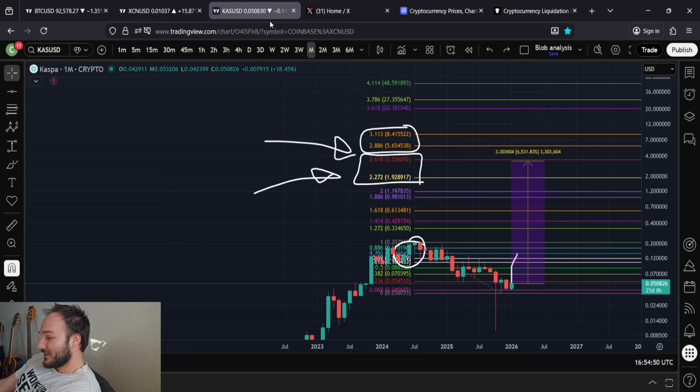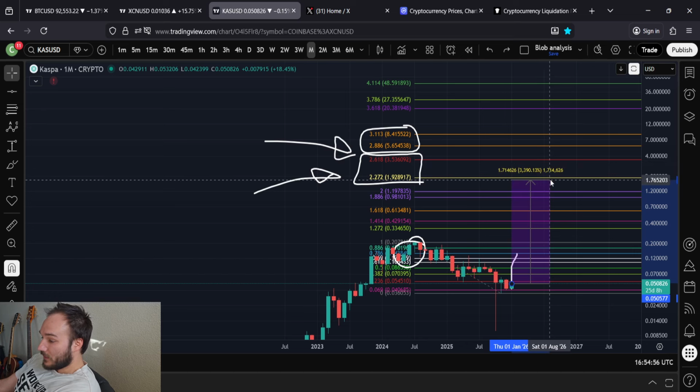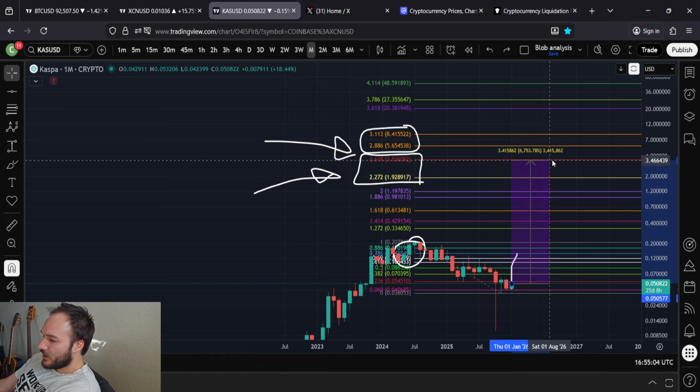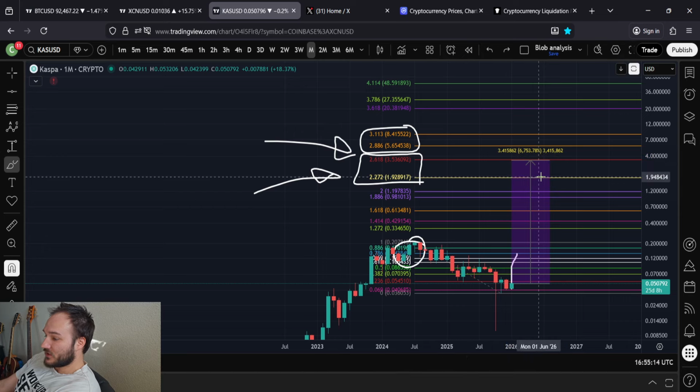All I'm trying to say is that to me, statistically speaking, from here at 5 cents, the most probable outcome for this next bull cycle is that Kaspa will only achieve, I know it's so sad, a 38x, which is nice, 38x to a 69x, maybe a 70x. To me, that is the most probable outcome for Kaspa in the coming cycle.